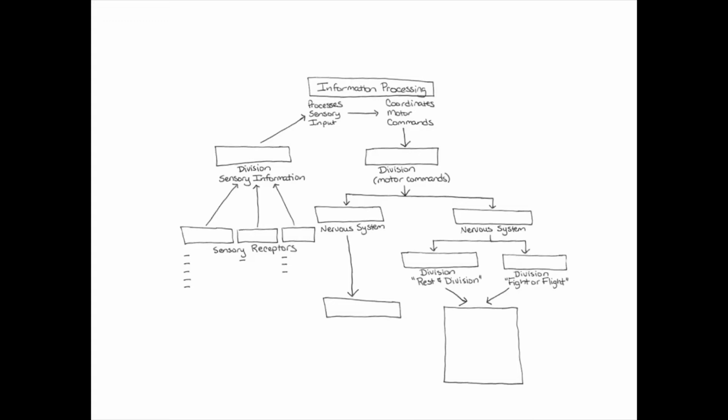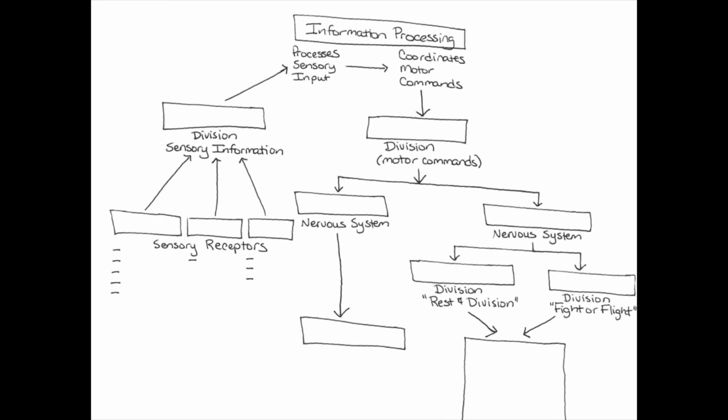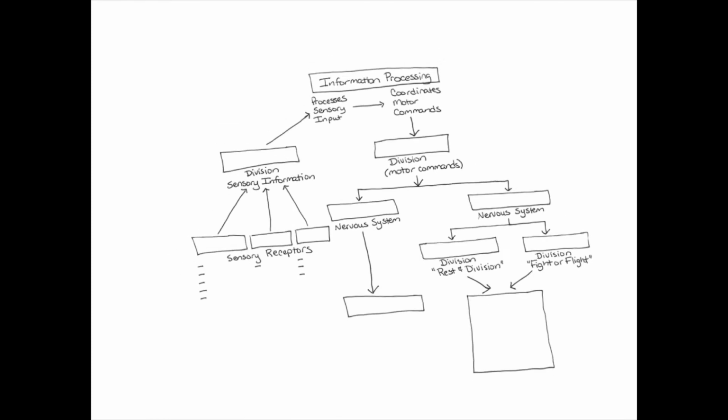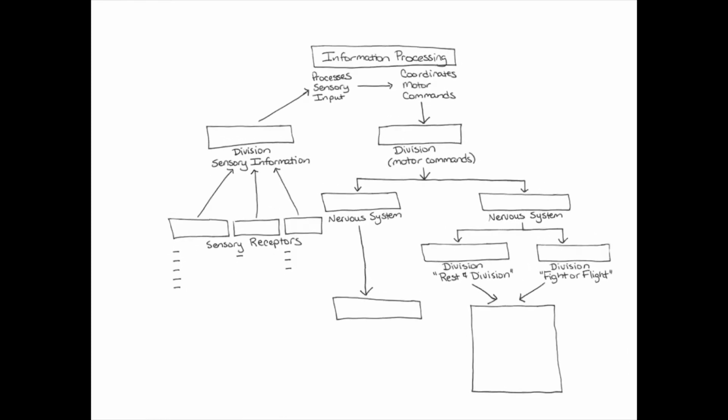It's going to be doing all of the information processing. It's going to be bringing in all sorts of sensory information coming into the brain, and then the brain has to decide, what am I going to do with that? Do I need to send it to other areas of the brain, or do I need to just send out a command to these effectors in the body? Okay, so with this information processing, if we look at where it all starts,